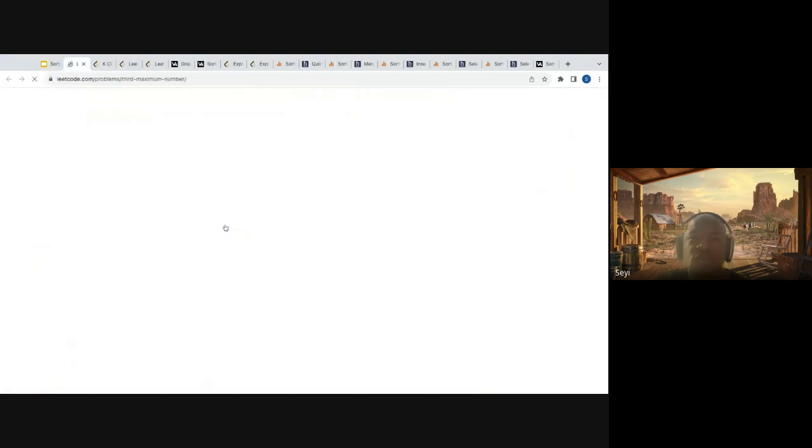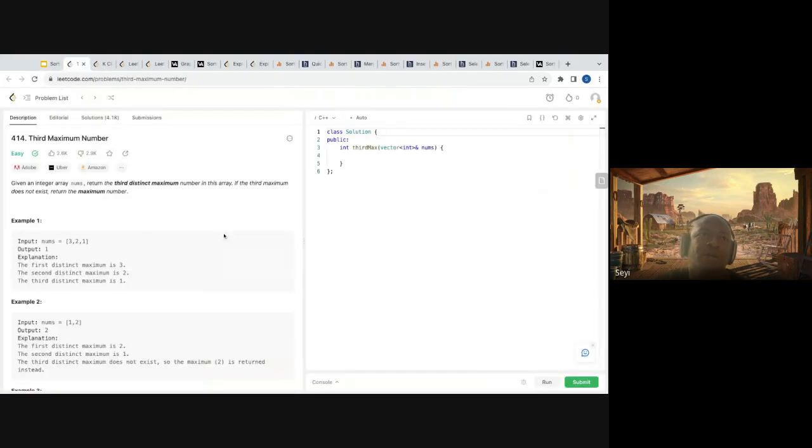So for this one, the third maximum number. What they're asking here is to return the third distinct maximum number in this array. If the third maximum number doesn't exist, return the maximum number. If I sort it, I can get the third maximum number. But it's the third distinct maximum number, not just the third maximum.